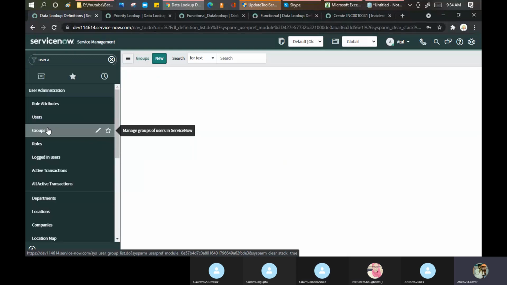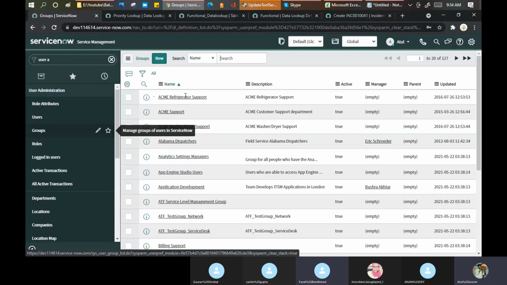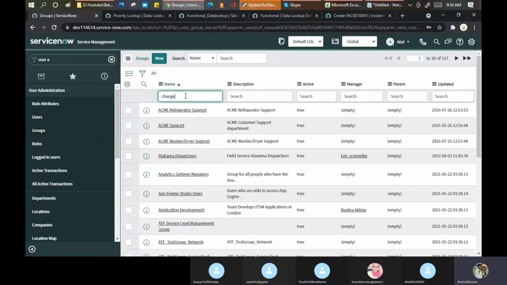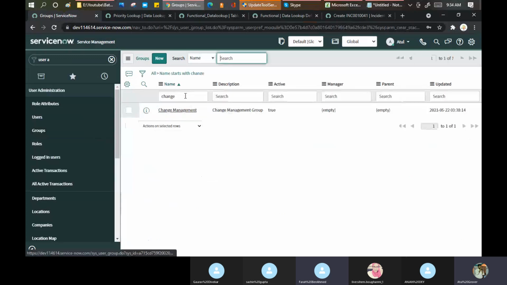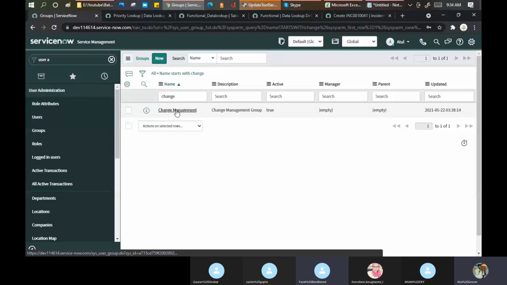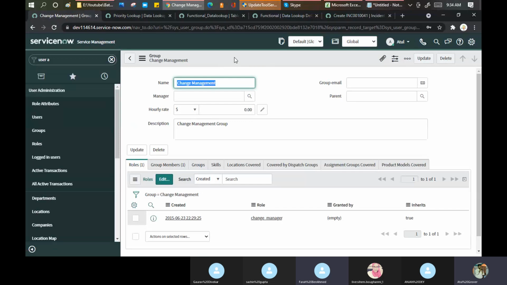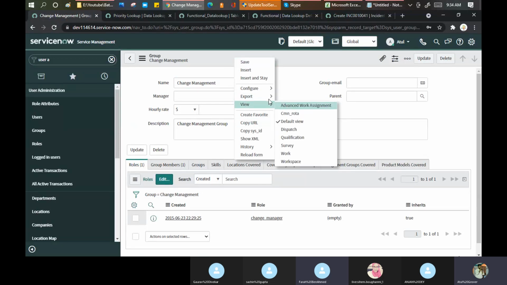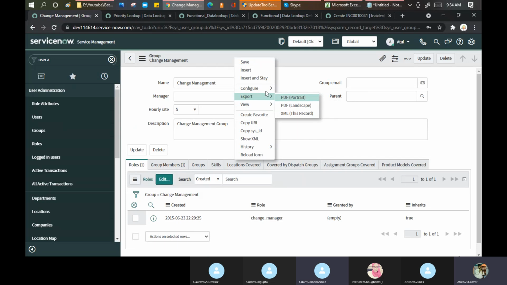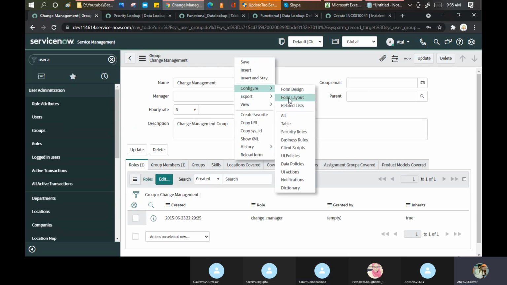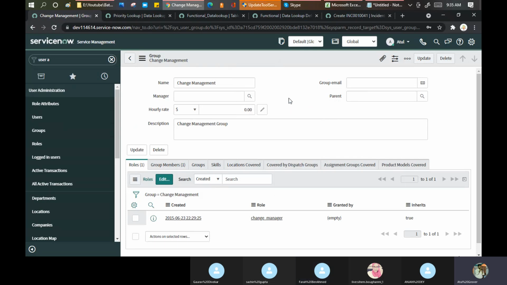I tell you one more important thing here. We have change management, right? Let's go here. Configure form layout. One thing I want to check. I'm thinking that can be a reason.